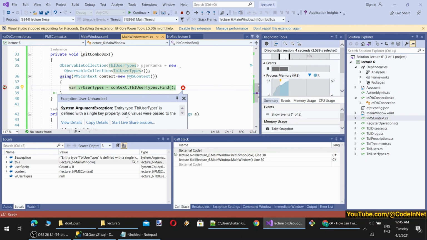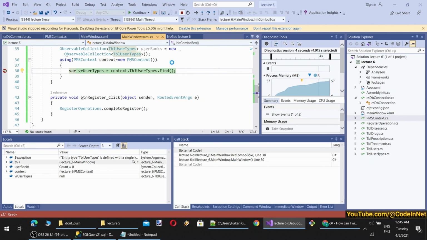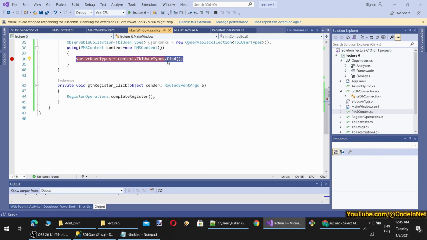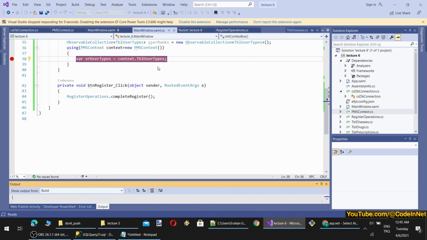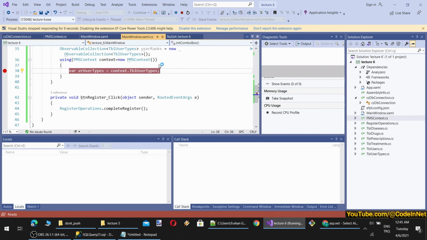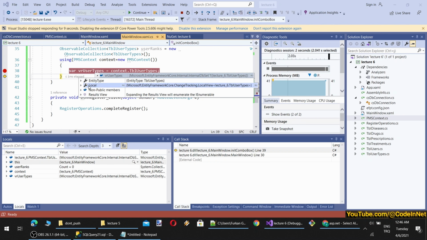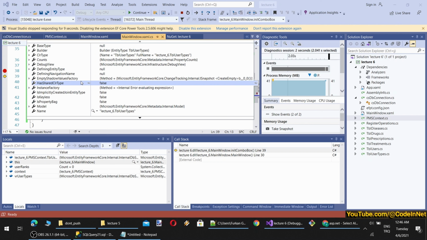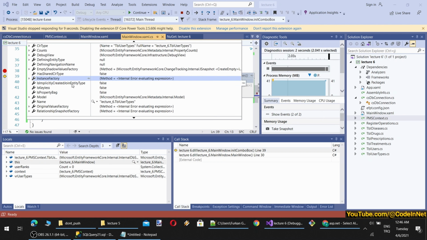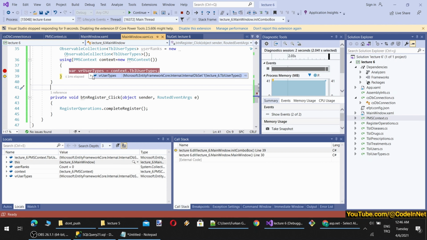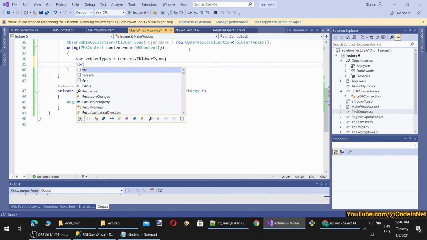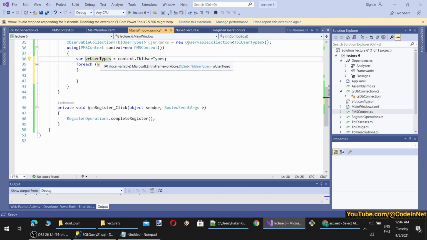Okay, so the find didn't bring everything. It was just like this. We don't need find. Find is used for, I think, doing where queries. So it is about filtering the number of rows returned. Okay, one moment. Let's see what has returned. So we have entity type and local. So inside local, we have 0 entity type. Okay, count. Yeah, there are two counts. Probably there are non-public members. So let's do a foreach inside. So this is of type DbSet TBL user types, and from here what do we have? Item dots.